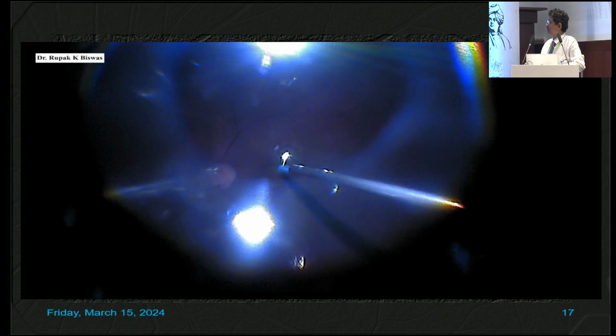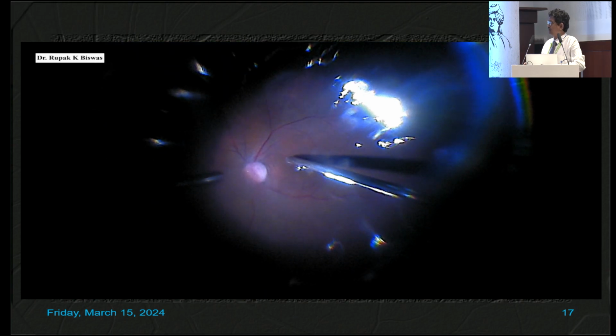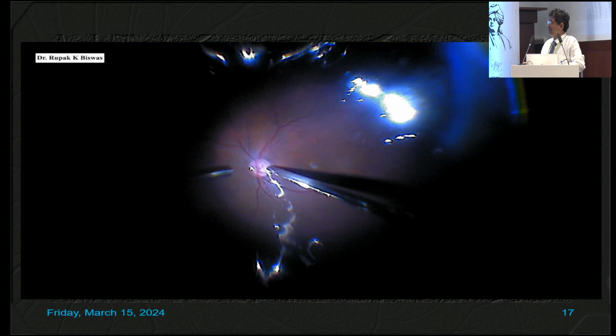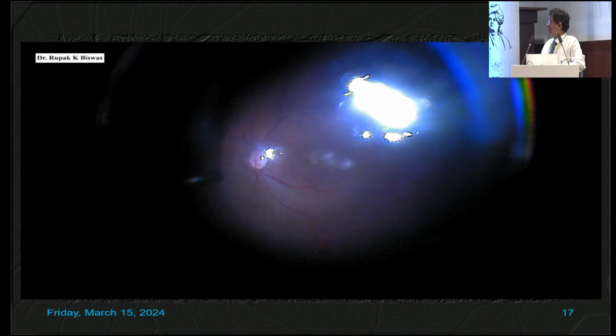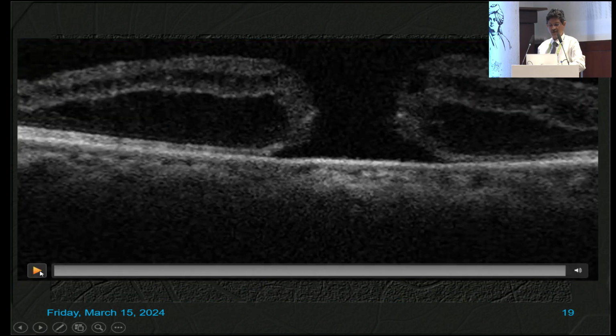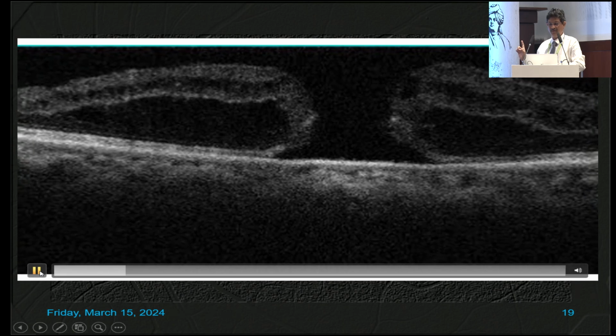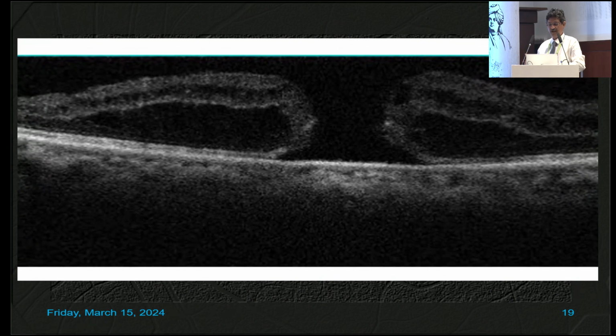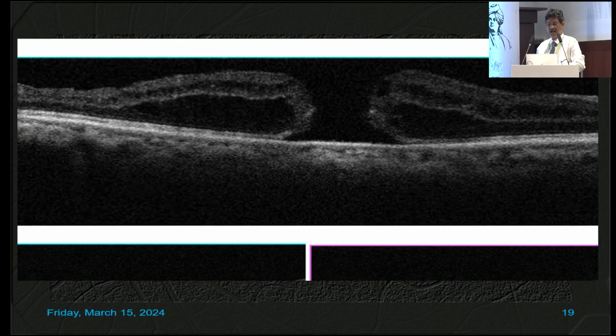You can tuck those margins with the soft tip cannula, and the rest of the fluid you can take out with the flute needle, laser the donor area, and come out with the gas. Now I'll show you what I was showing you earlier, how different it is. Now this is a failed hole which has been closed, and this is the